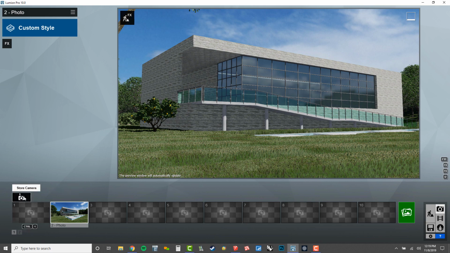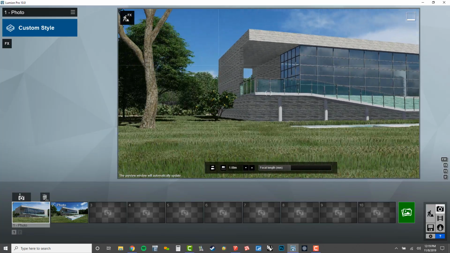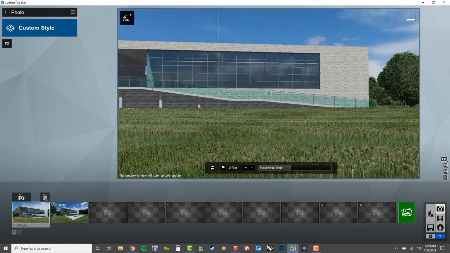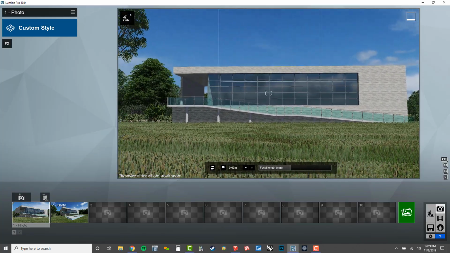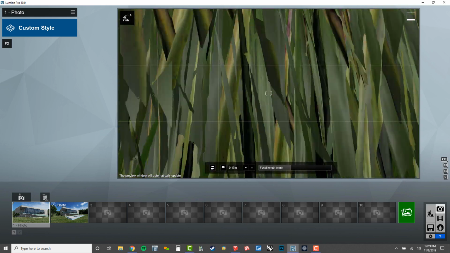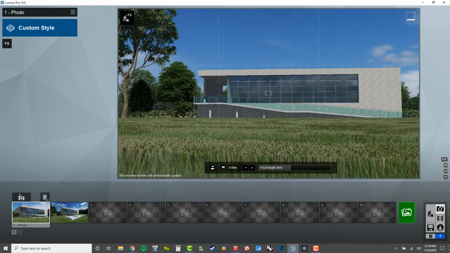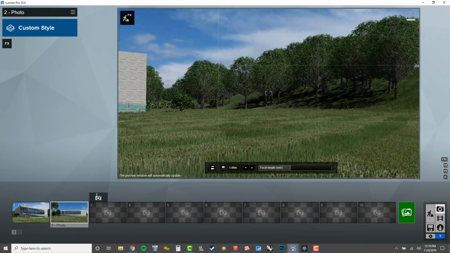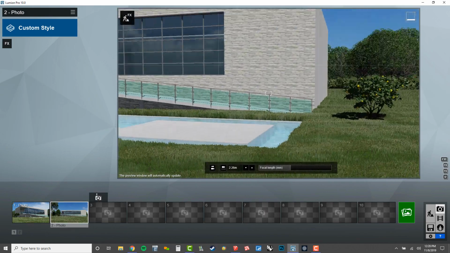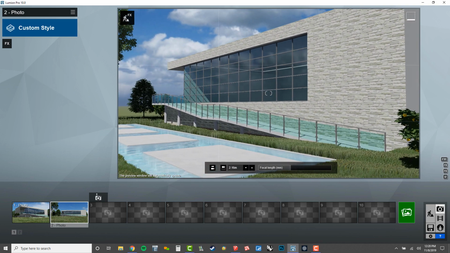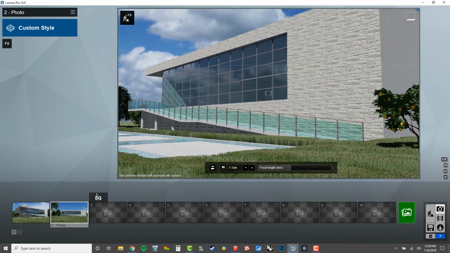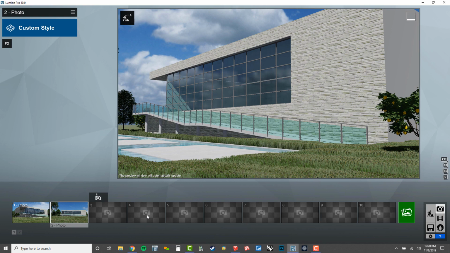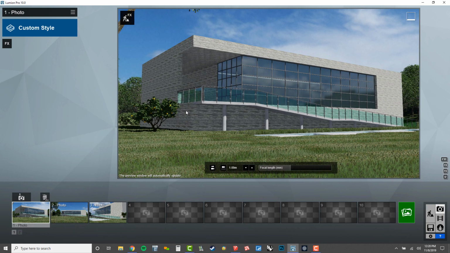All right, so we'll store our camera there. And then I'm going to orbit around and maybe pick another view, something like this would be cool. And we'll come up above the grass like that. And so I can snapshot that one. And then maybe some close-ups. So several close-up shots are really nice too. So we'll do that. You can see I missed a texture on that back wall. No big deal, we'll get that. All right,